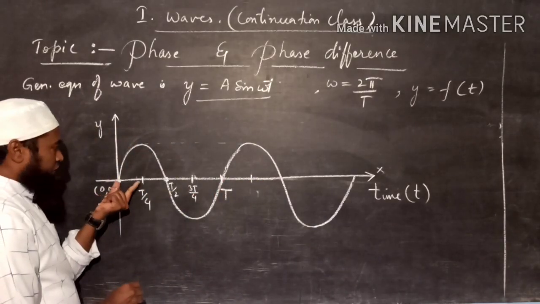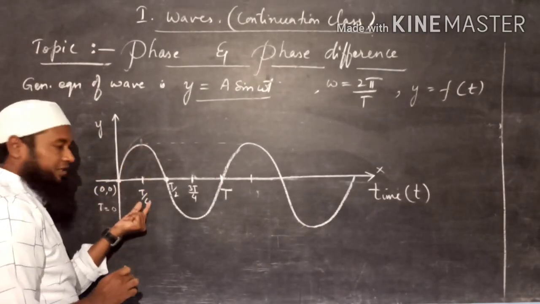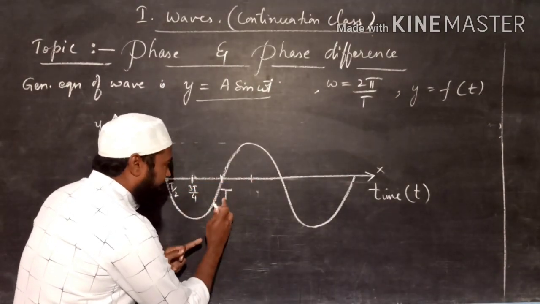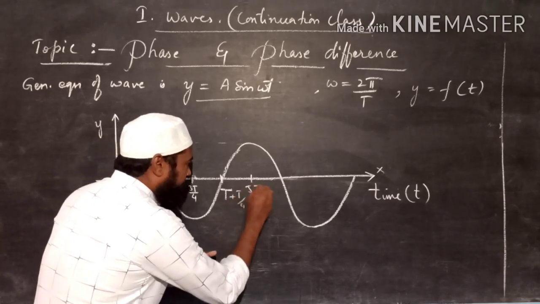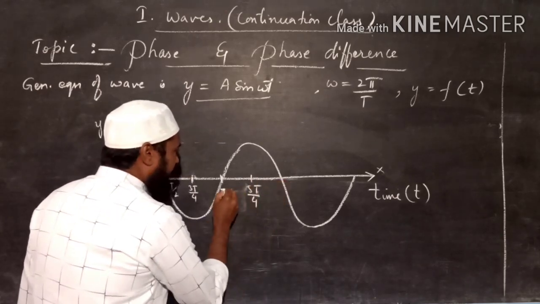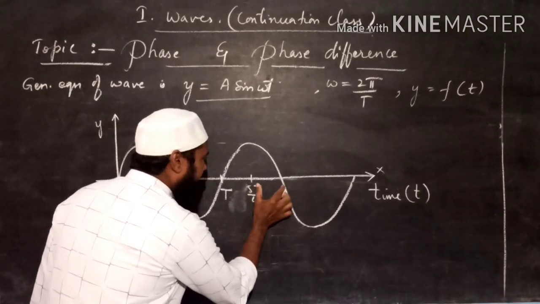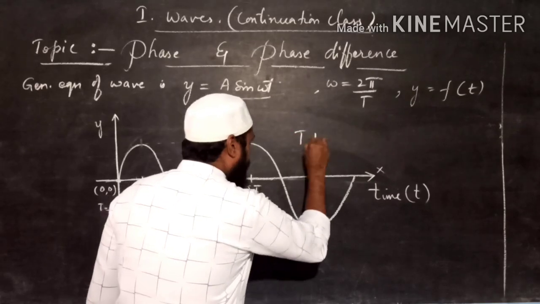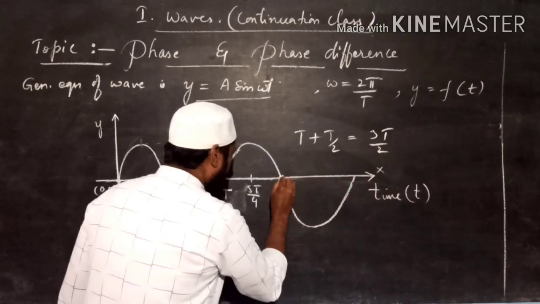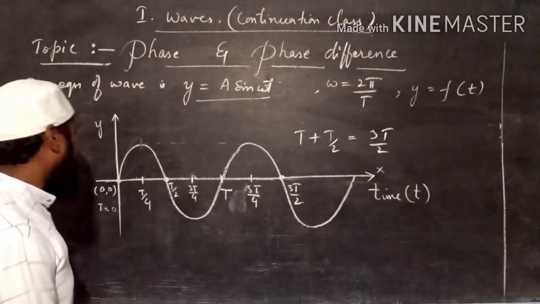See here, from this point to this point, node to antinode, we have studied in previous classes. From node to antinode the time period will be T by 4. So here T is completed. After that also if you want to take, add T by 4 to this T. So it will be 5T by 4. And here it will be T plus T by 2, or in this 5T by 4 only, again you add T by 4. So what you will get? T plus T by 2. So it will be 3T by 2. So here the time period will be 3T by 2. So on, you can continue the time period as long as you can.